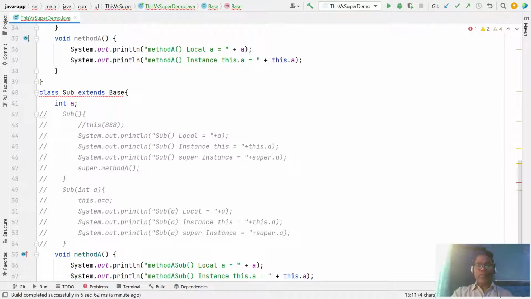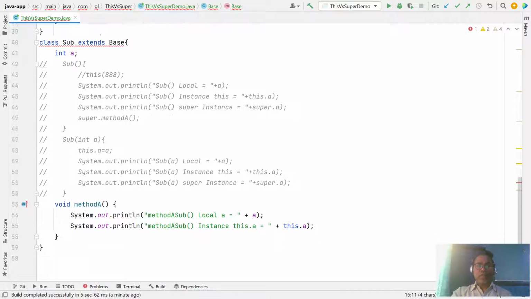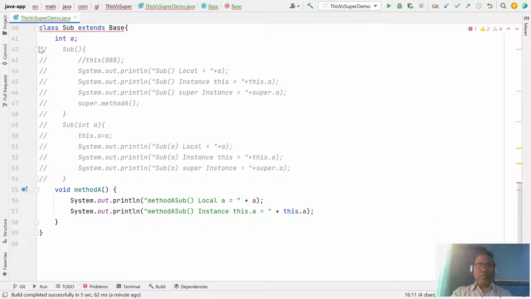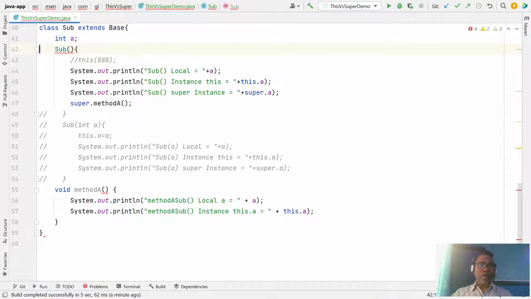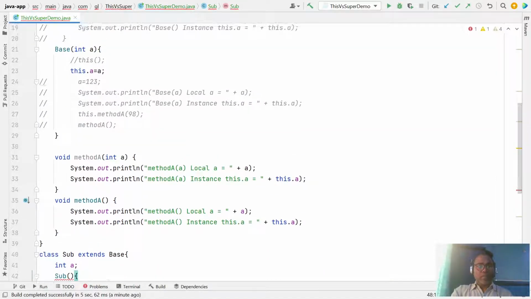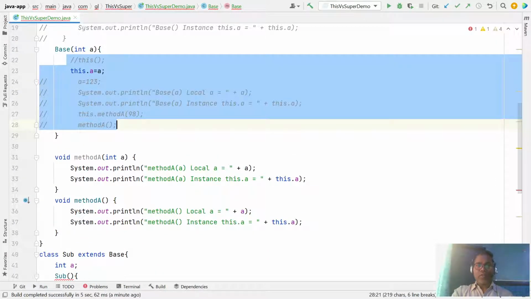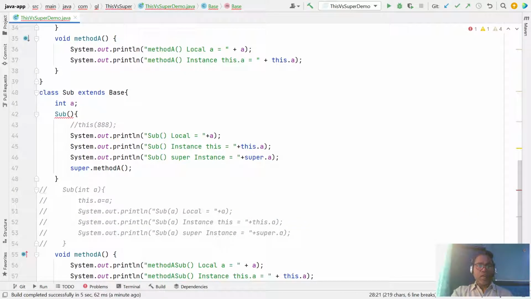So how to fix it? The first way, we have this default constructor. From the default constructor, the base class defines one argumented constructor. Originally, whenever you are creating the subclass object, the base class object is created first, after that the subclass object is created.